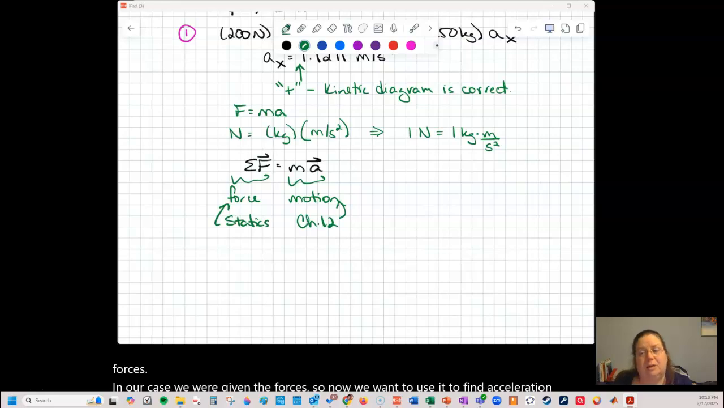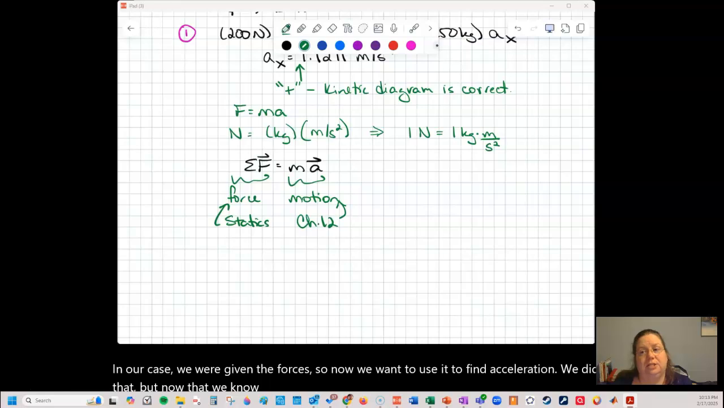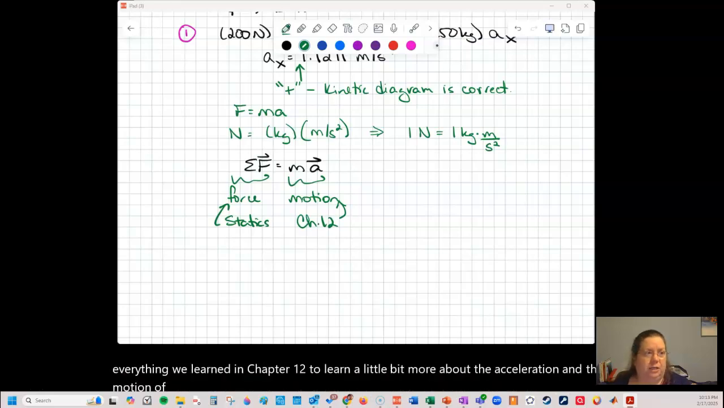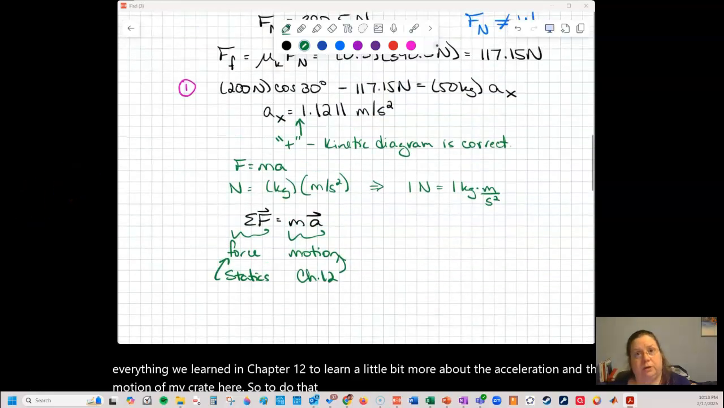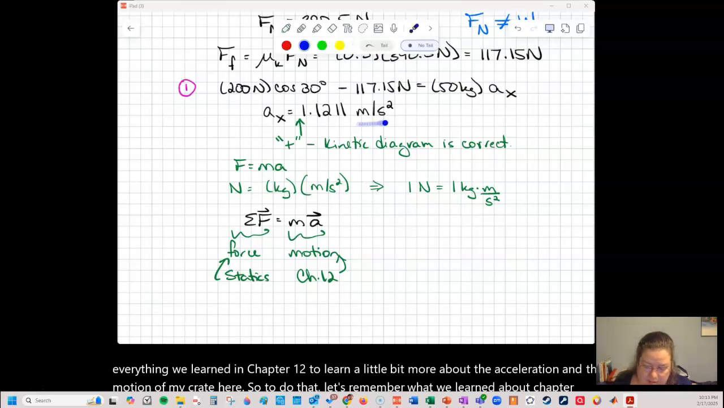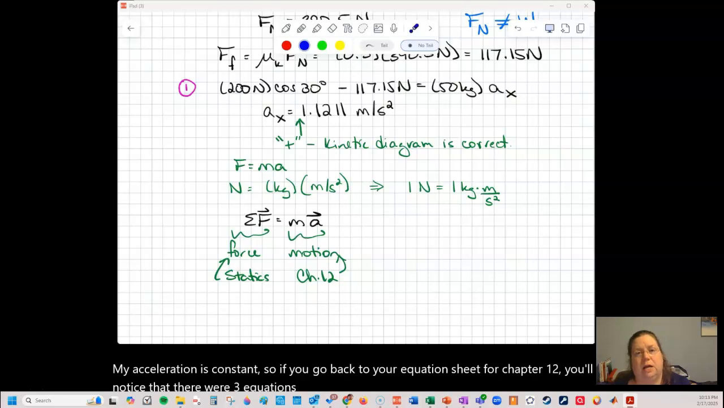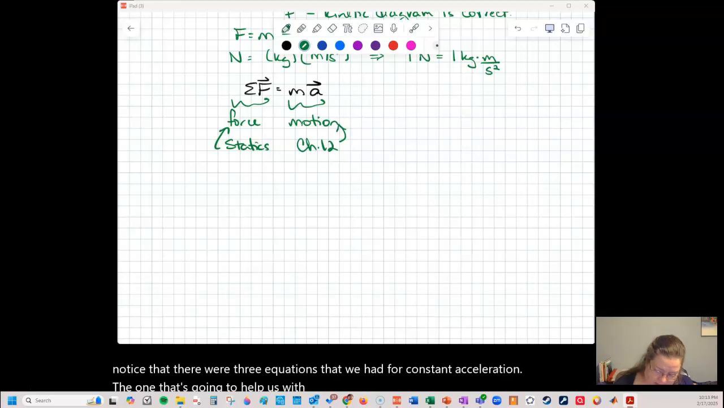In our case, we were given the forces, so now we want to use them to find acceleration. We did that, but now that we know something about acceleration, we can bring all of the tools of everything we learned in chapter 12 to learn a little bit more about the acceleration and the motion of my crate here. So to do that, let's remember what we learned in chapter 12. My acceleration is constant. So if you go back to your equation sheet for chapter 12, you'll notice that there were 3 equations that we had for constant acceleration. The one that's going to help us with finding position ends up being